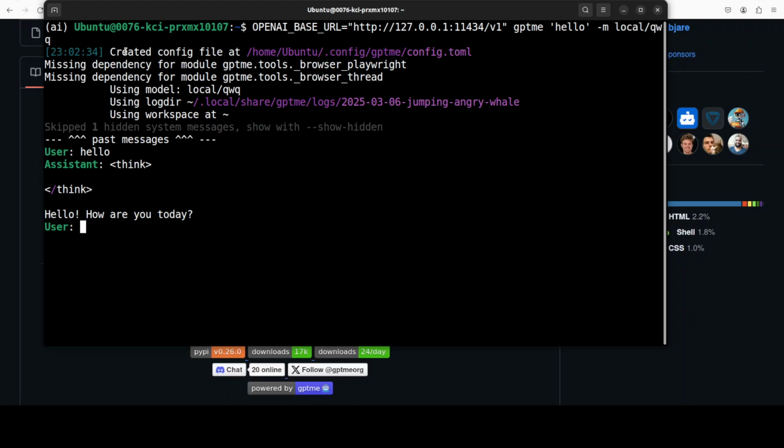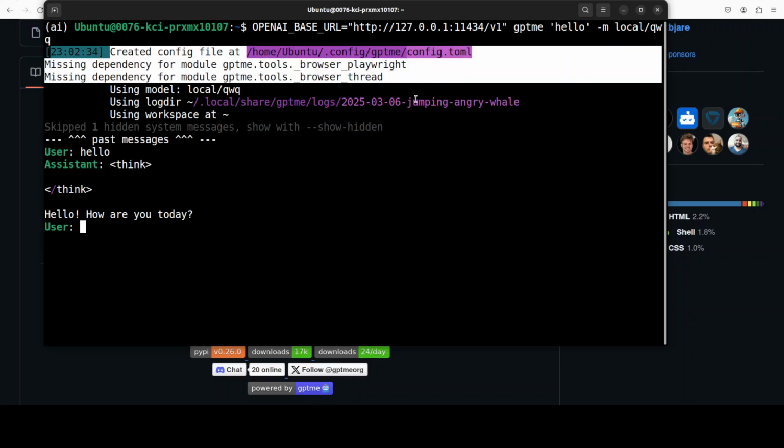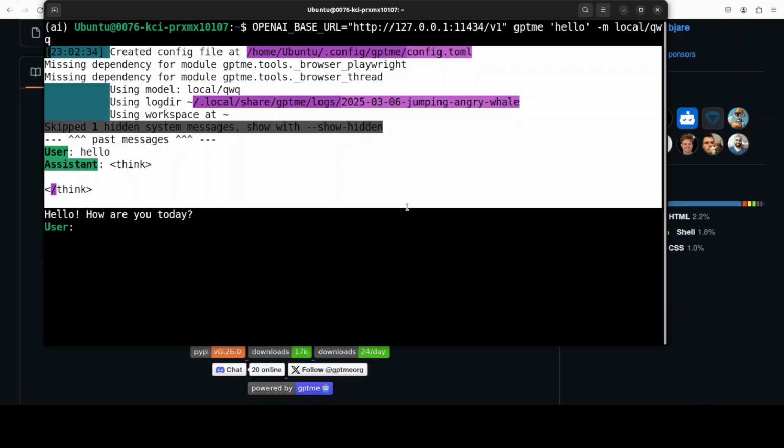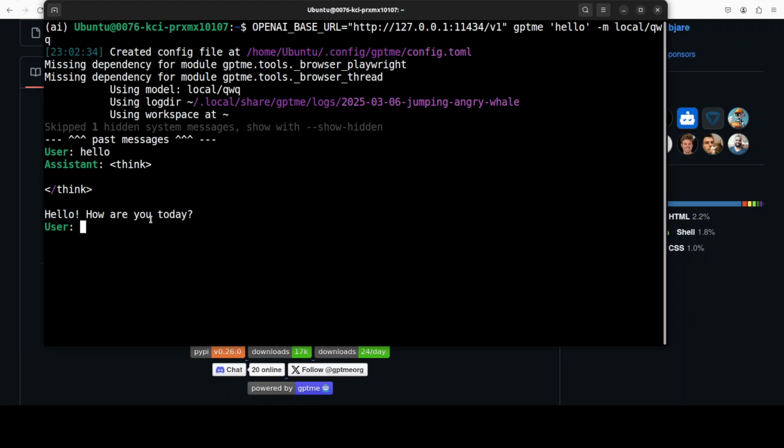you are using. The first time you run it, it creates this config file where it stores all the information about that model. Yeah, this model is what you are using, and I just said hello, and this is the typical style of QWQ where it is thinking. And now you can start chatting with it. You can ask it a few things, like maybe I'll say,